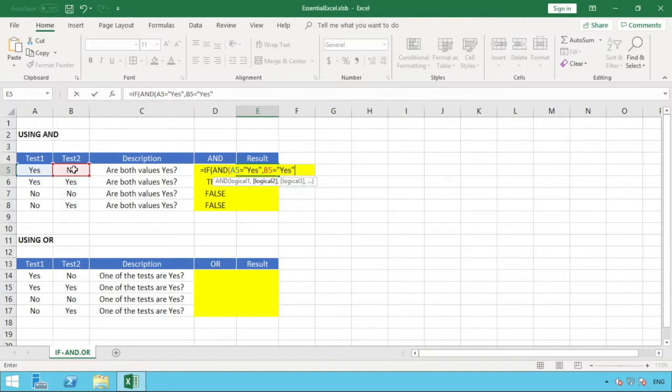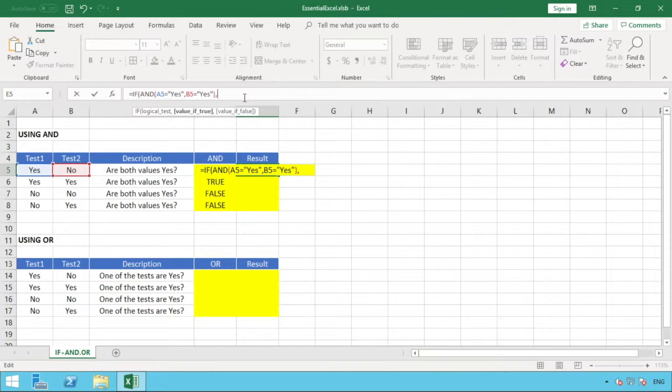Is that also equal to yes? And then close brackets. And you can see on our prompt, because we're now typing in the AND function, we've got our prompt for our AND formula. As soon as I do my close brackets here, it's now gone back to the IF statement because we've completed the AND function part. And you can see we're still within this logical test here. But we're happy that we've entered our AND formula, and this is our full logical test that's going to give us a true or false result, as we know from what we've now put in column D. So we can just enter our comma, and then move on to determining what happens if it's true or